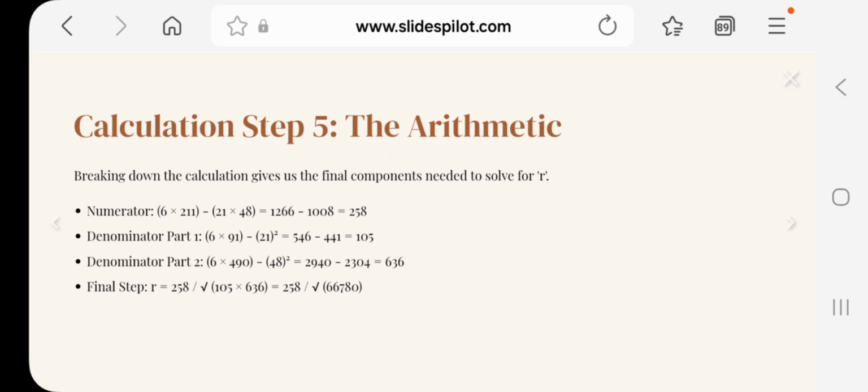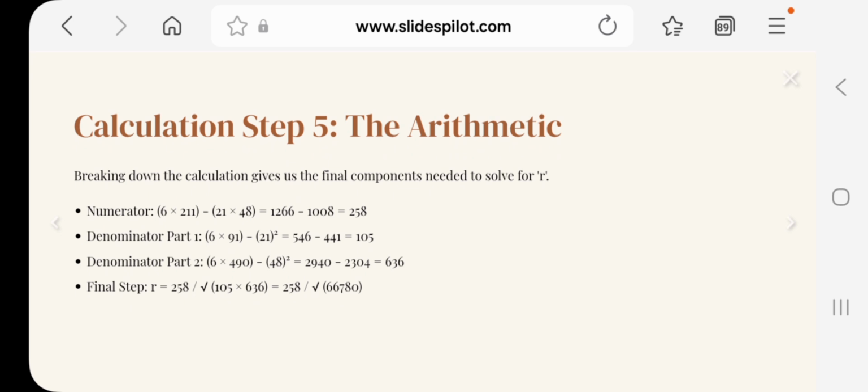And then 2940 minus 2304, that's 636. So far we have r is equal to 258 divided by the square root. And now let's multiply those two numbers. So 105 times 636, that's